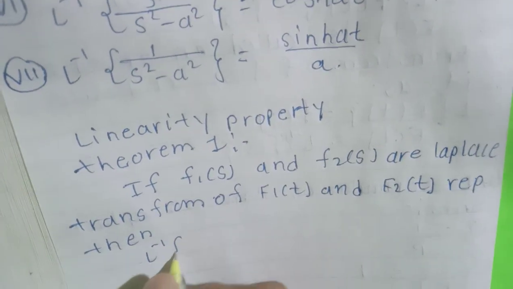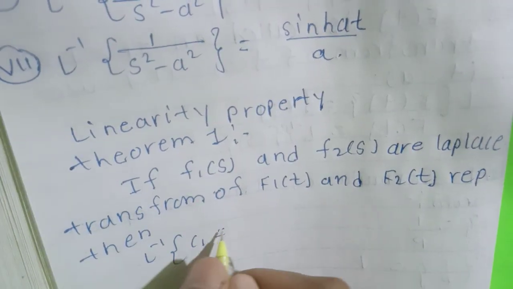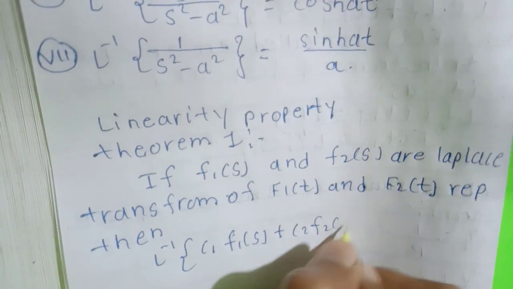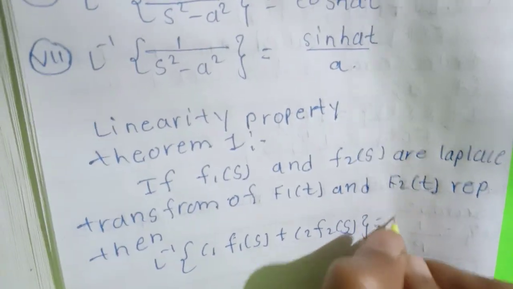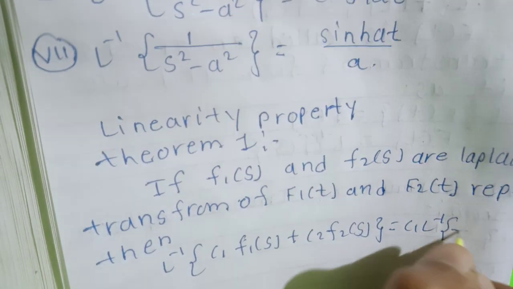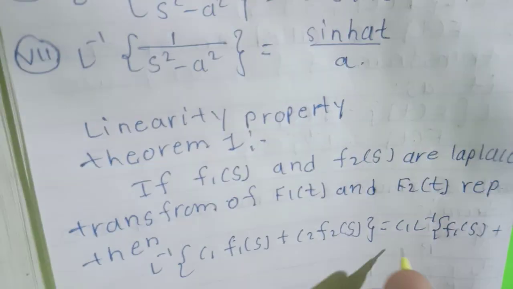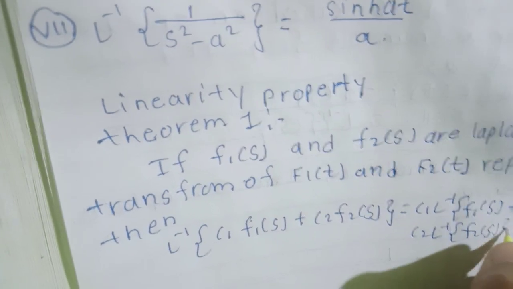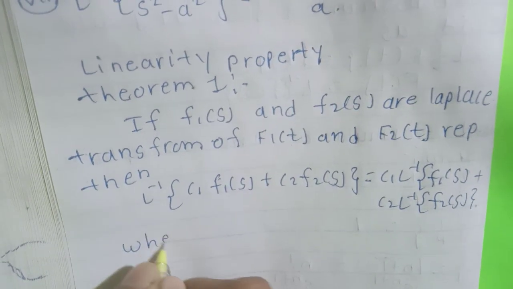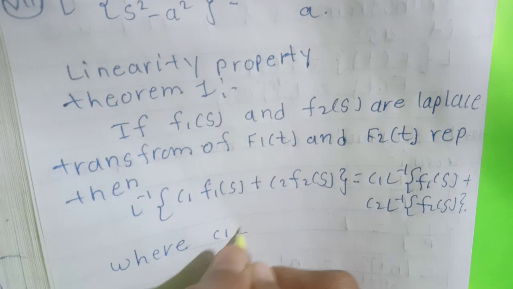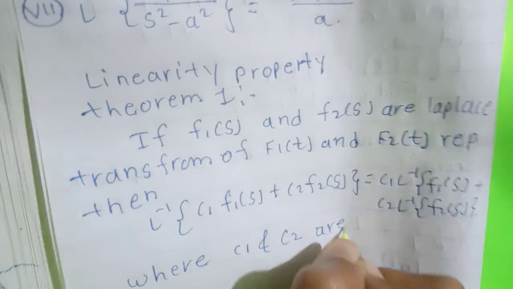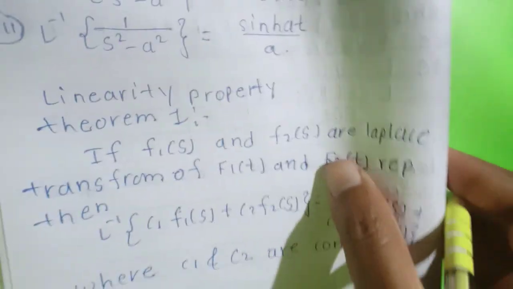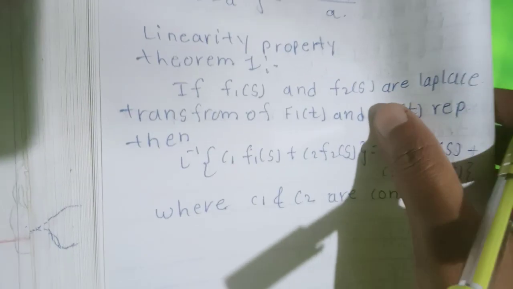Laplace inverse of c1 F1 of s plus c2 F2 of s is equal to c1 Laplace inverse of F1 of s plus c2 Laplace inverse of F2 of s, where c1 and c2 are constants. Then we can prove it here. Their proof is